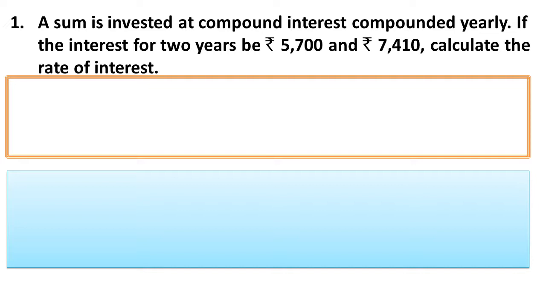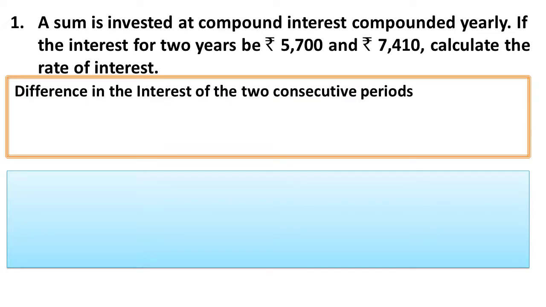At the first step, we have to find out the difference between the compound interest for 2 successive years. That is 7,410 minus 5,700, that is equal to 1,710. Then the rate of interest will be calculated by using the formula: difference, that is 1,710, into 100 by compound